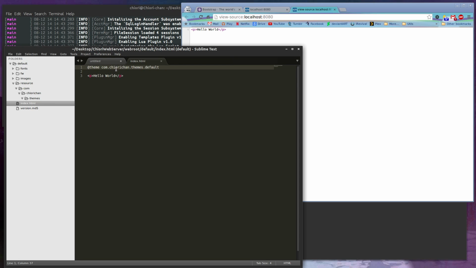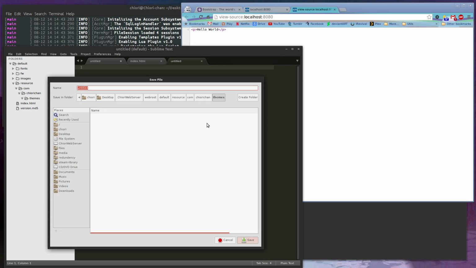If you want to use io.github or com.google, you're welcome to do any type of thing you want. Matter of fact, I'm pretty sure it wouldn't even give you any trouble just creating a simple folder called themes and then just type in themes.whatever. And default right here is just the name of the themes file. So we're going to go ahead and save this